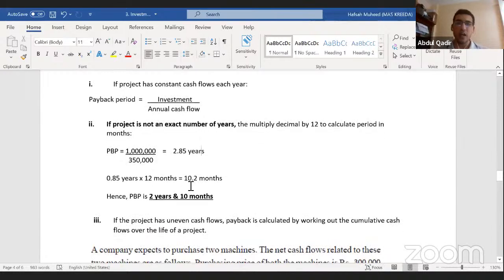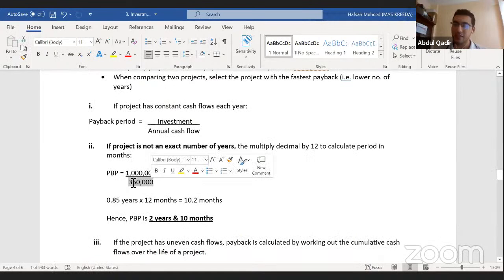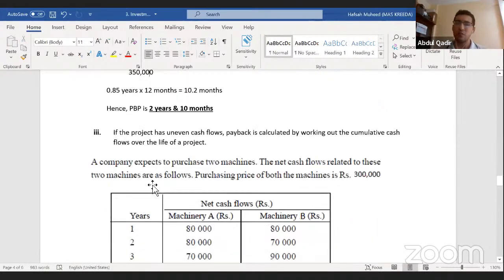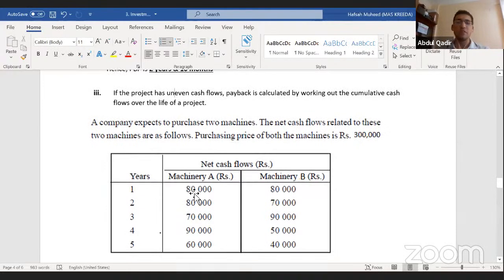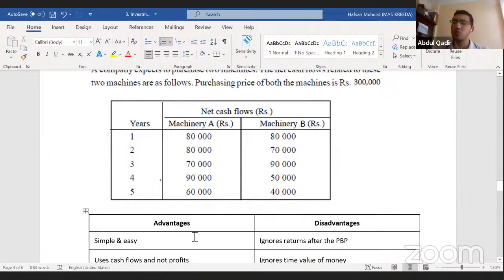Now, in these first two scenarios, we considered that the amount of cash flow you receive is fixed, right? 350, 250, like that. But what happens if there are uneven cash flows? That means this year you get 200, next year you get 300, maybe after that 500, it can be different cash flows. In such a scenario, we will list out the cash flows in a table and then start to calculate, right? I will be doing this using a question as we go on, right? There are some questions in this tute, so maybe once I send the tute, you guys can practice it as well, right?